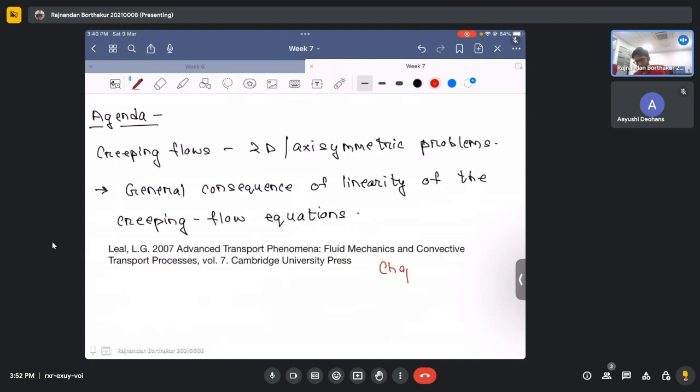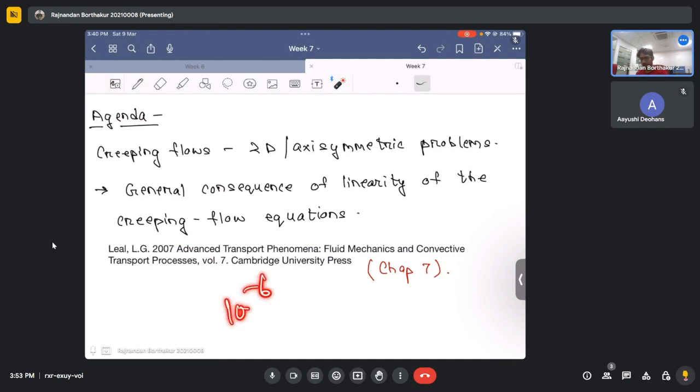It's in chapter 7, okay, of this book, and then you can read more on this. So this chapter is a fascinating chapter on low Reynolds number hydrodynamics. And do you know why low Reynolds number hydrodynamics is much preferred? Because if you want to study, let's say, the swimming motion of a bacteria, or let's say the swimming motion of a flagella. Okay, so these microorganisms have length scale of the order of, let's say, 10 to the power